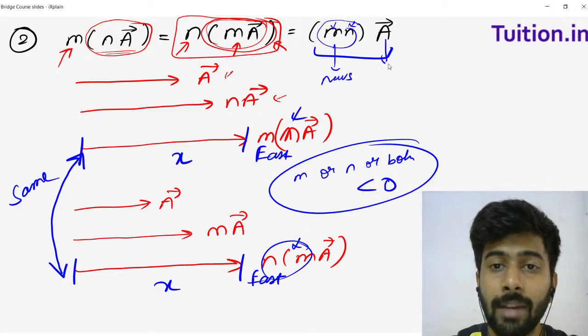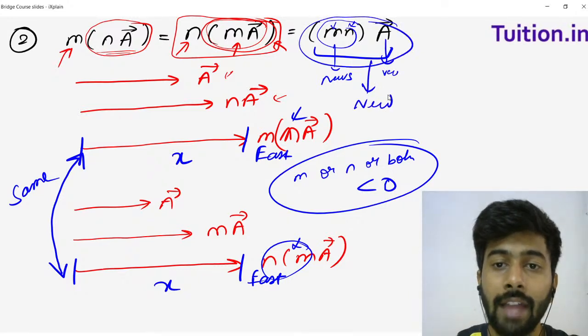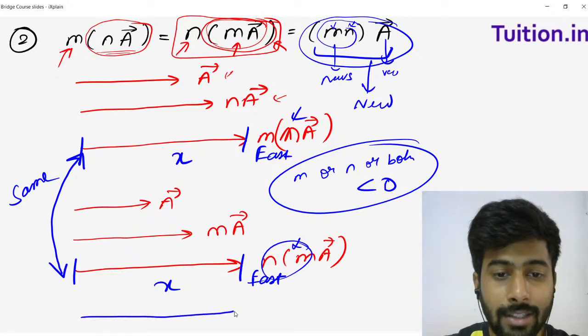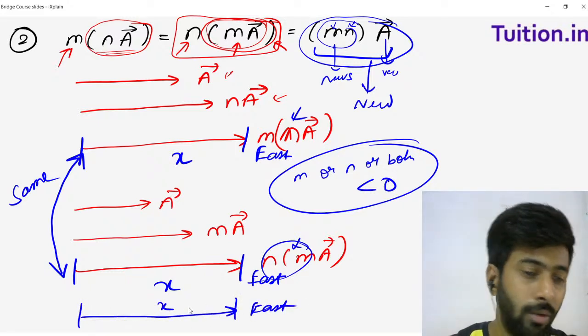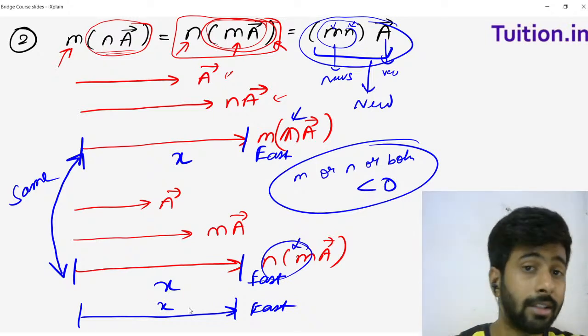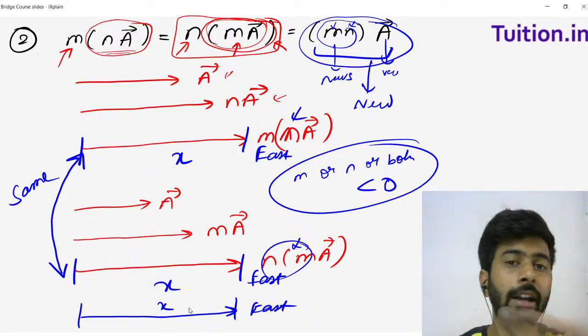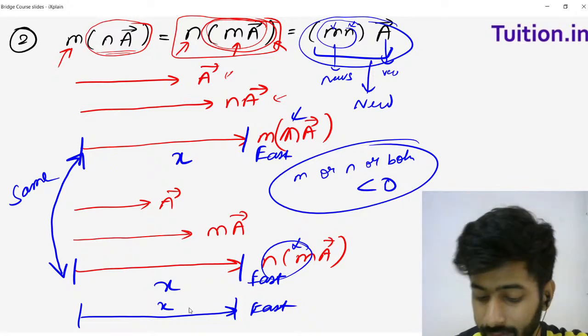That new scalar is multiplied with this vector, and this whole thing gives me a new vector, and that new vector is the same as this vector because it has the same direction, east, and it has the same magnitude x. This is how you visualize the proof, and of course mathematically also you can verify,